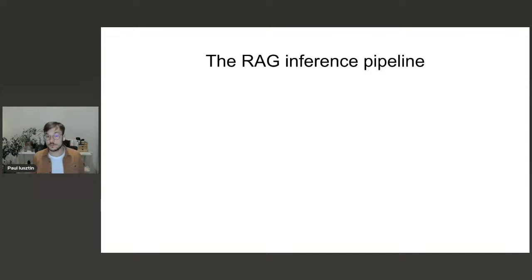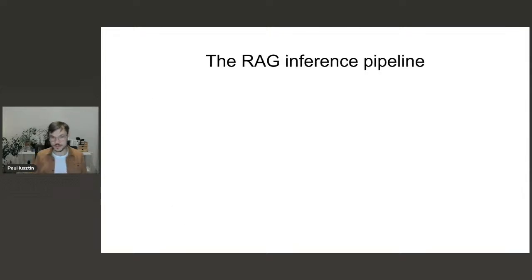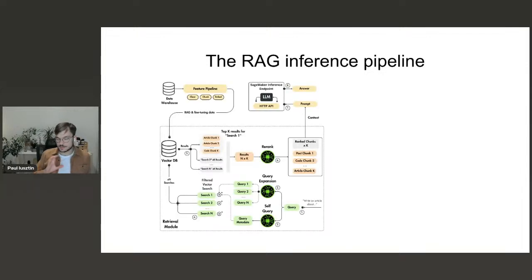Okay, so now let's move on to the other side of the spectrum, the RAG inference pipeline. This is where we put stuff into the vector DB, and here is where we query the vector DB. And here things look a little bit more complicated or more interesting, depending on how you want to see it, versus the naive RAG system. So let's look at how we can optimize the pre-retrieval part of our LLM system.